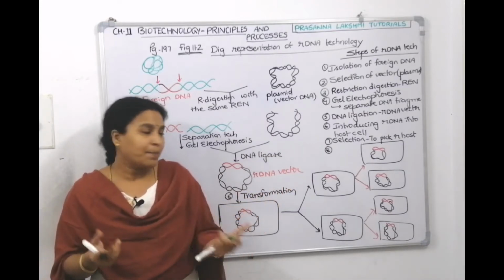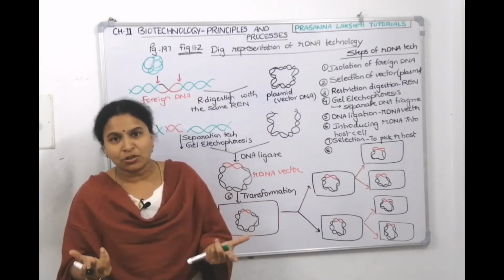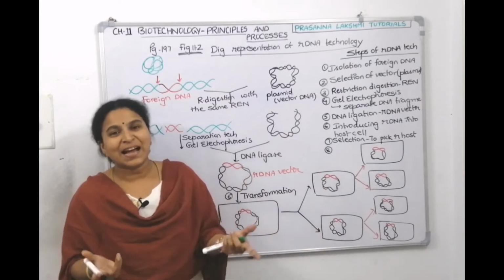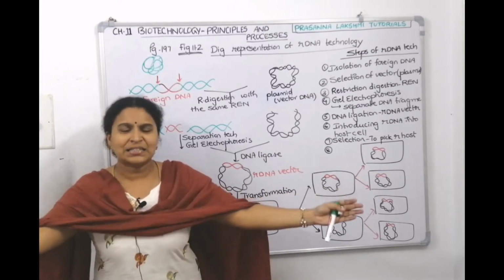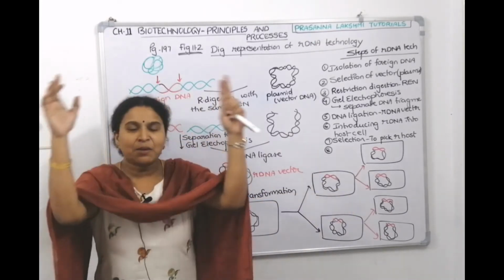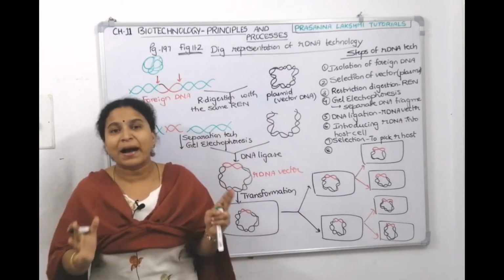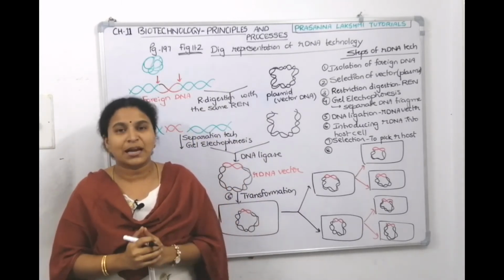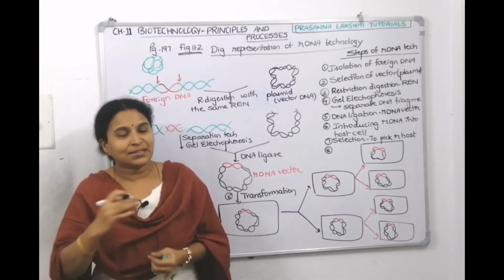One bacterium, we are not happy. Two bacteria will also not cater to your needs. Four bacteria will also not cater to your needs. You want it on a large scale, right? So then you need a big bioprocessor, fermenter, bioreactor, which will be the last page of the chapter. So that will be our last lecture.